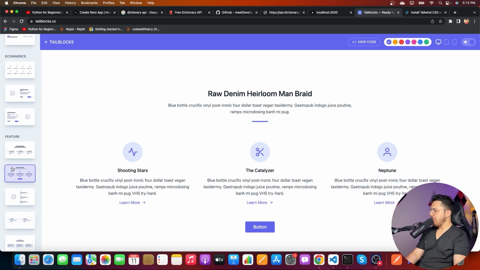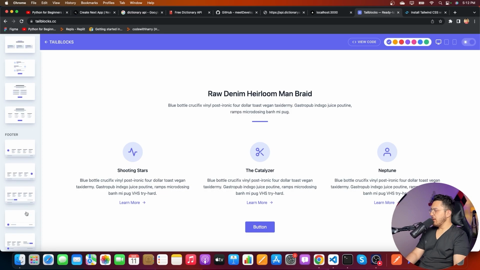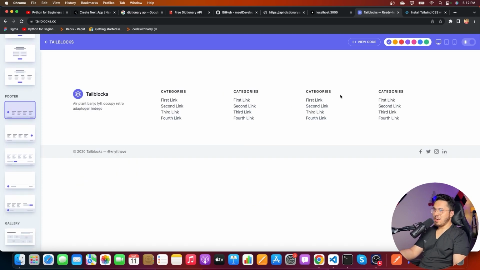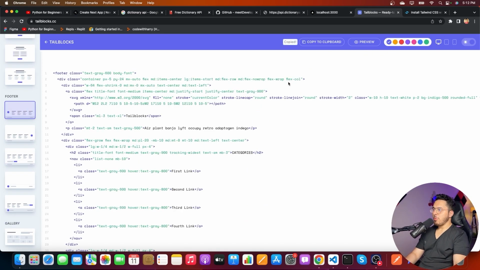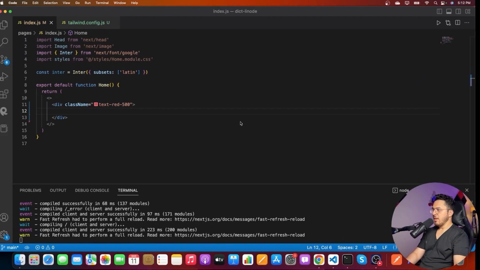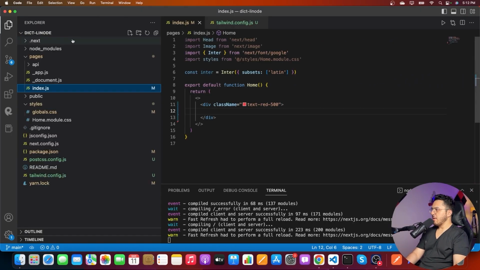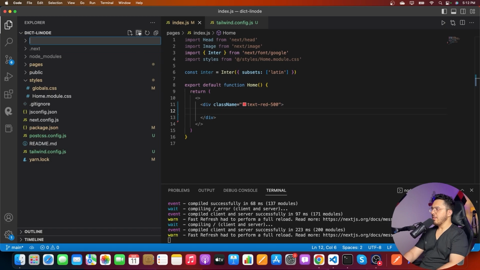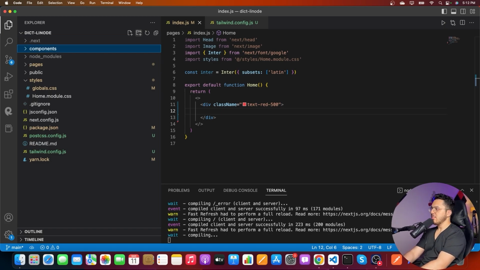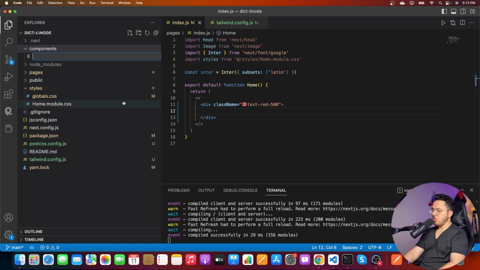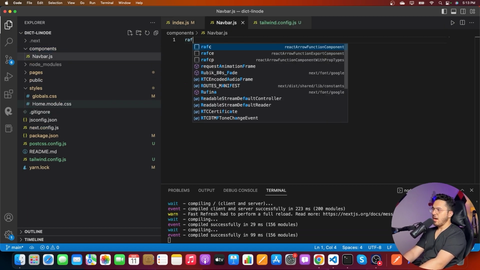Let me see if I can grab some good looking navbar. Let me grab this footer first. Copy to clipboard and let me create a component. So what I'll do is I'll create a folder called components, and inside this components folder I'll create navbar.js and